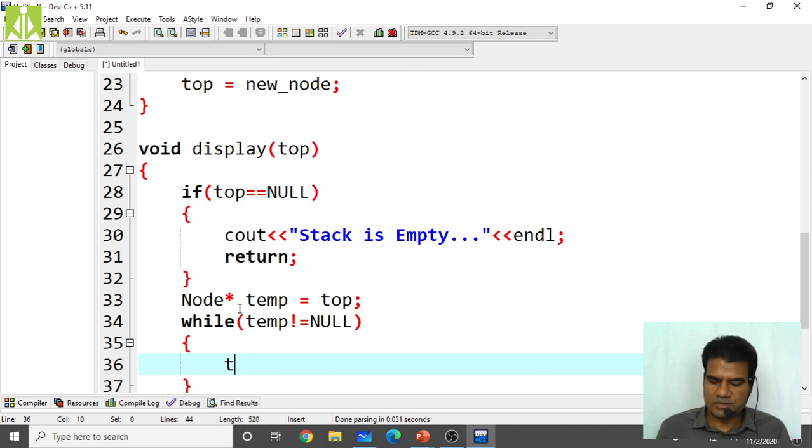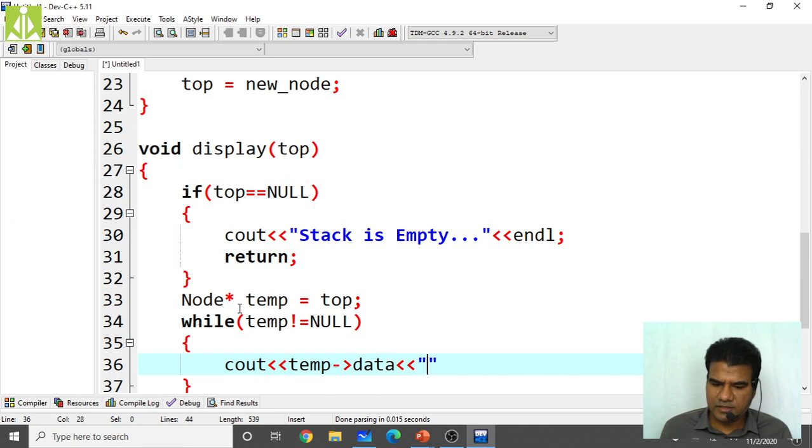So cout of temp of data, and we have to print this special symbol as well, isn't it?